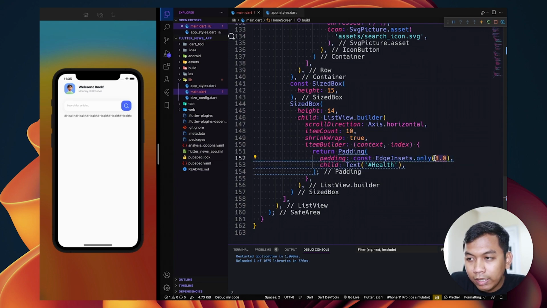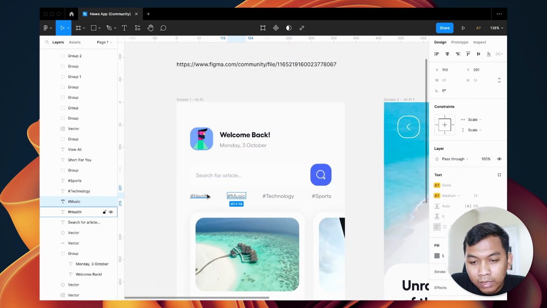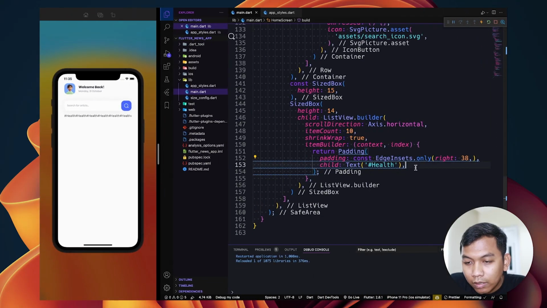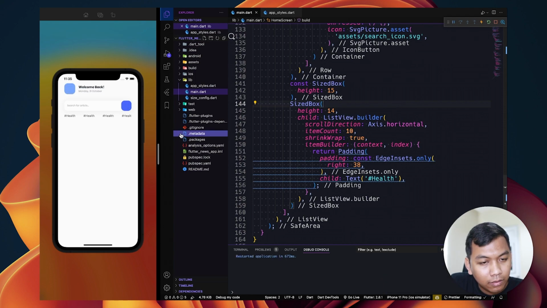What we want to set is the right to be 38, so we can see from the design 38. So just restart again, and now we see, and we can scroll horizontally.